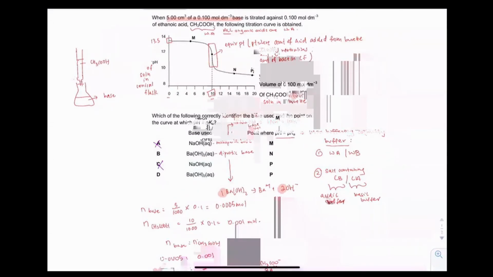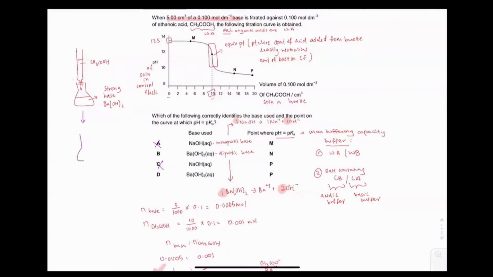So imagine, over here this is my setup. So imagine that I know that my base is Ba(OH)2 now. Okay, so this is a strong base. Now imagine I open up the tap here. Okay, and I let one drop of ethanoic acid drop into the solution. If that happens, what would I get in the solution? I will